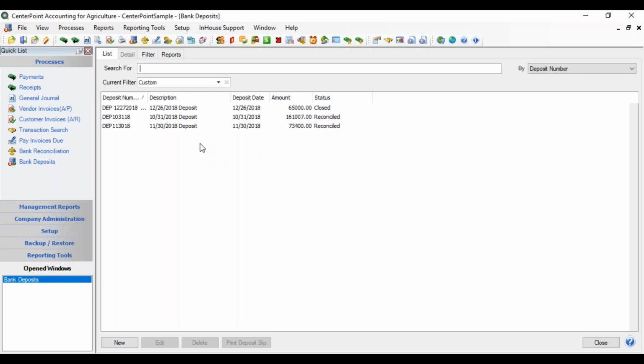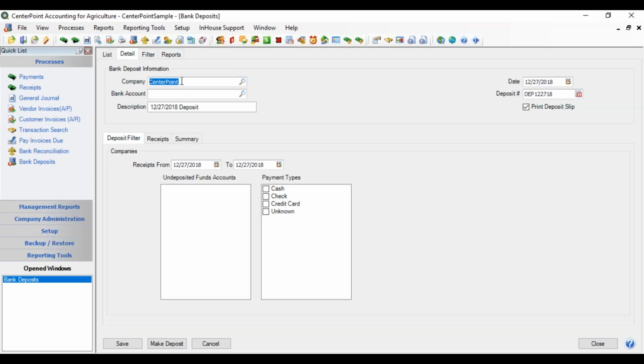We're going to create a new bank deposit. So we're going to click New and select our company and select the bank account that we're working with. The description will fill in with today's date and deposit on the end. You can change that if you wish. And the date can be changed up in the top. And the numbering sequence is what's filling out this deposit number. And this sequence is using the letters DEP in the beginning and then doing the